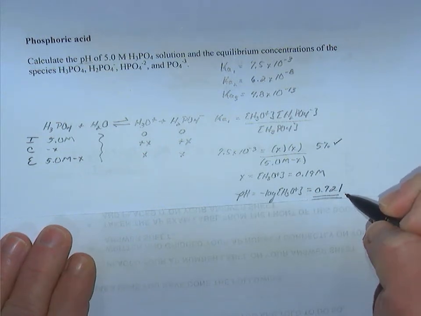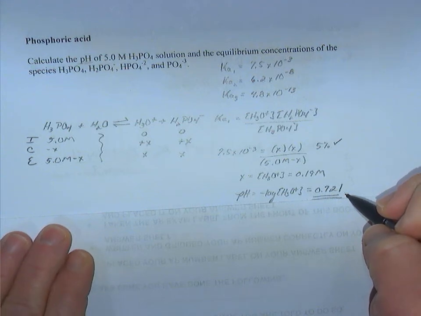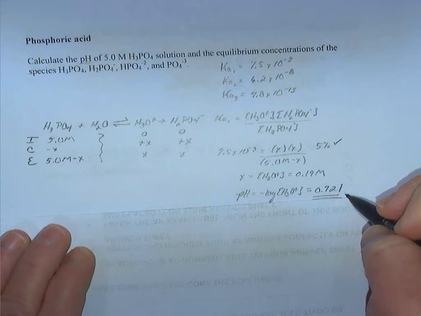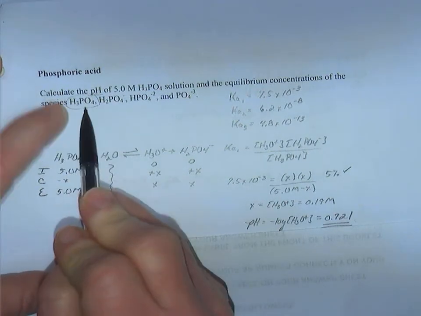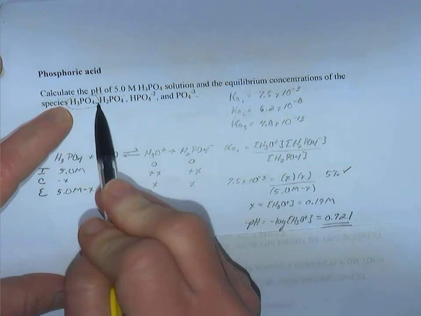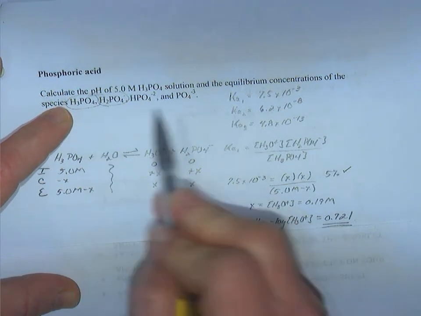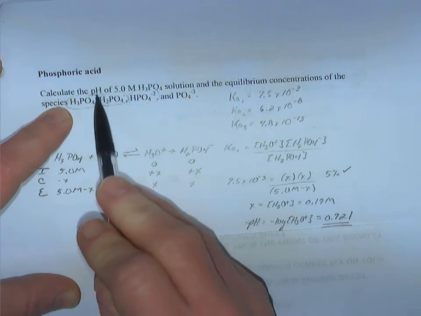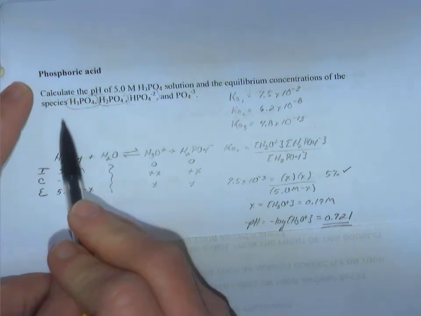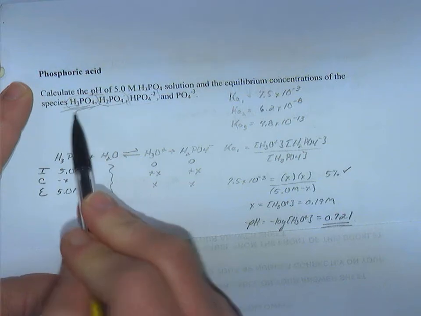Now, just like we learned before, when you have a mixture of different acids, which is what we have here, so this is our quote-unquote first acid, the Ka1, our second acid, the Ka2, and our third acid,